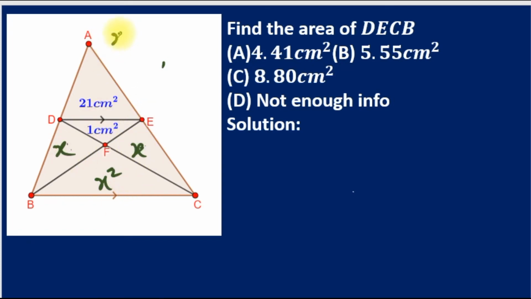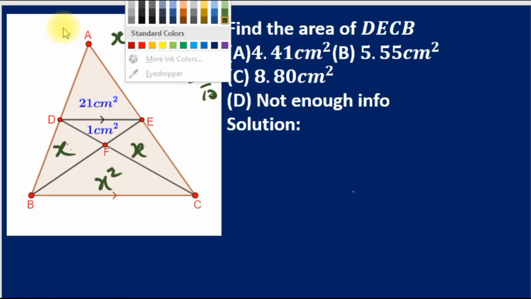And the value of x is whatever is here plus whatever the 1 here, over 21 minus 1. So we have 22 over 20, which is 11 over 10. So whatever is here is 11 over 10. Therefore the area we are looking for,